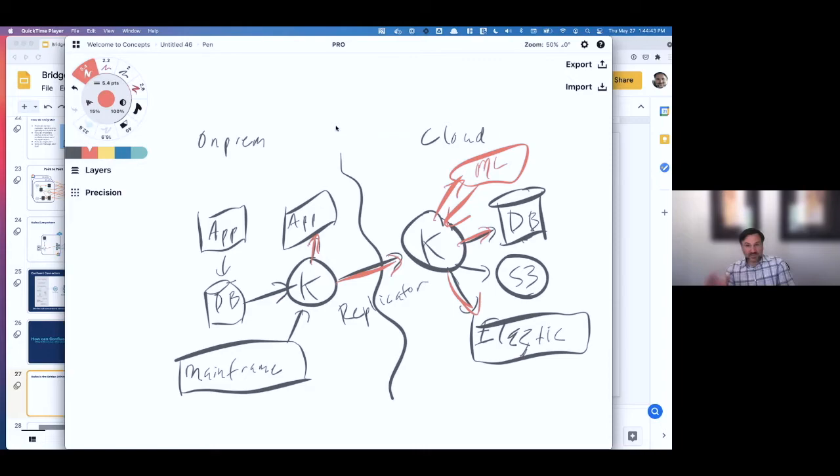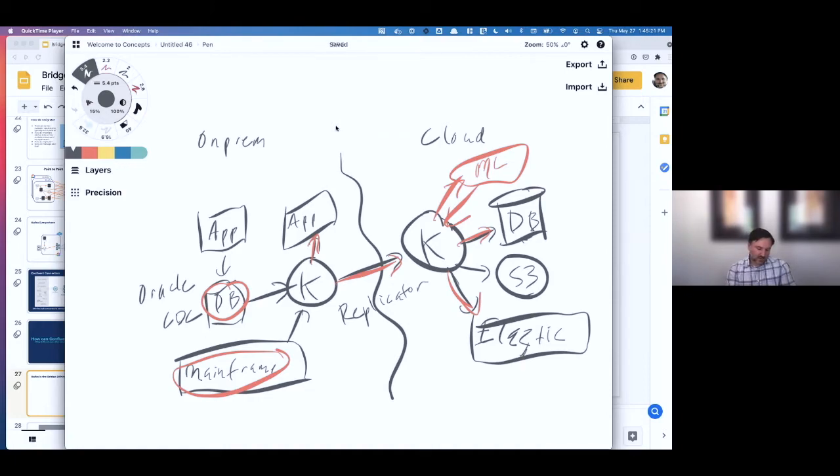And so you may be asking yourself, okay, that's great. What about the apps, right? Because we started with a couple of different applications here on the left, on-prem. So they're still on-prem. Well, when you have migrated your data and you're using Kafka, it's grabbing all of the changes from this mainframe, from the database. We have an Oracle CDC connector as a part of this. So if you have any Oracle, we have built-in change data capture capabilities within Confluent to be able to grab all the changes and replicate them.